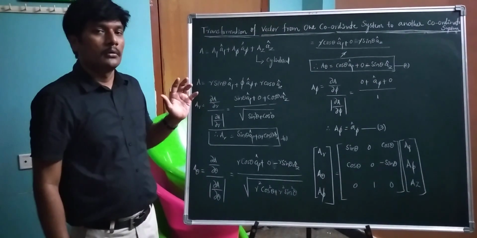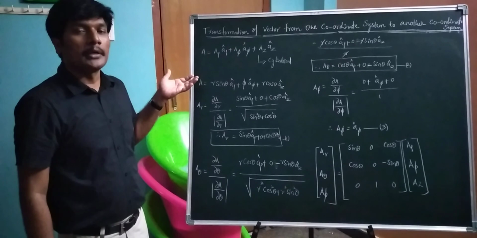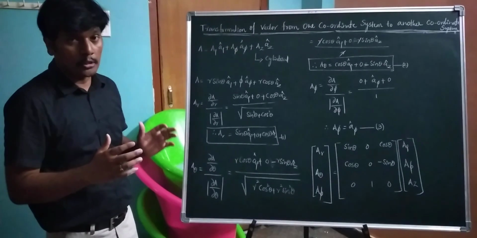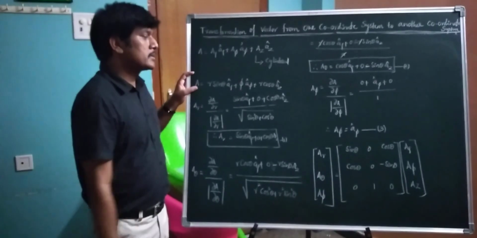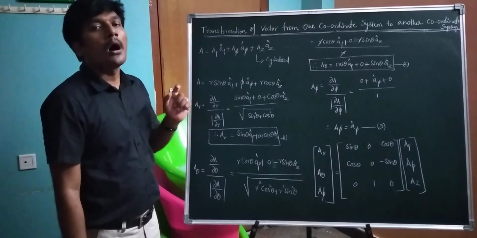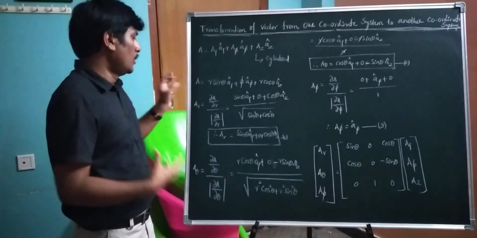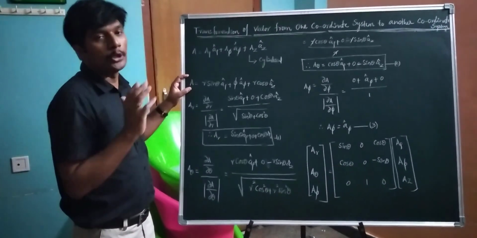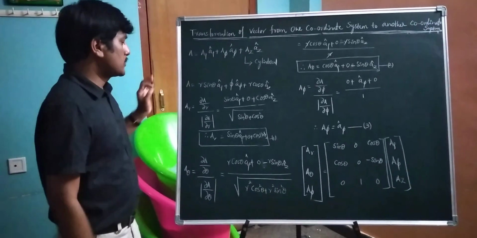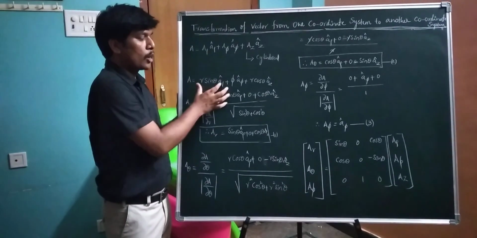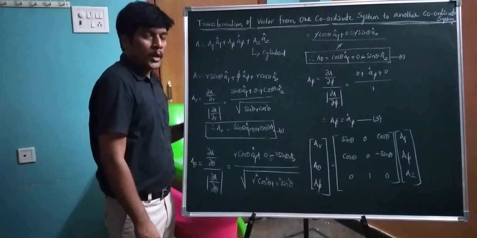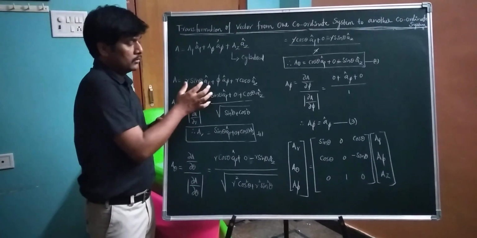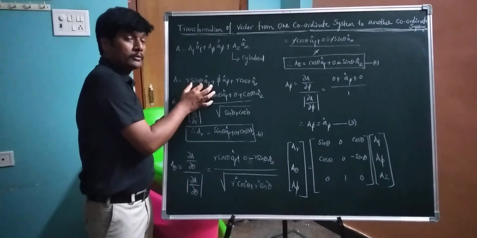Now the vector which is presented in cylindrical coordinates is represented with its components in terms of r, θ, φ. So from this, how can you extract a r, or the r component? It is ∂A/∂r divided by the magnitude of ∂A/∂r. How can you find ∂A/∂r? You have to partially differentiate this equation with respect to r.